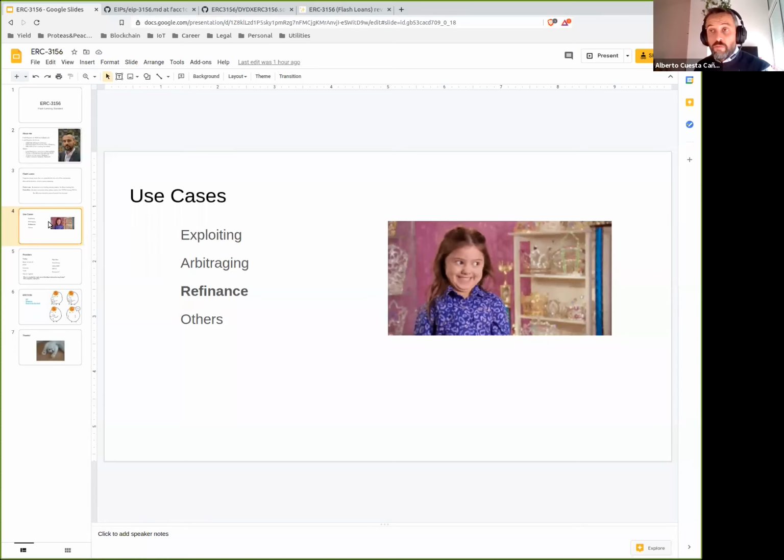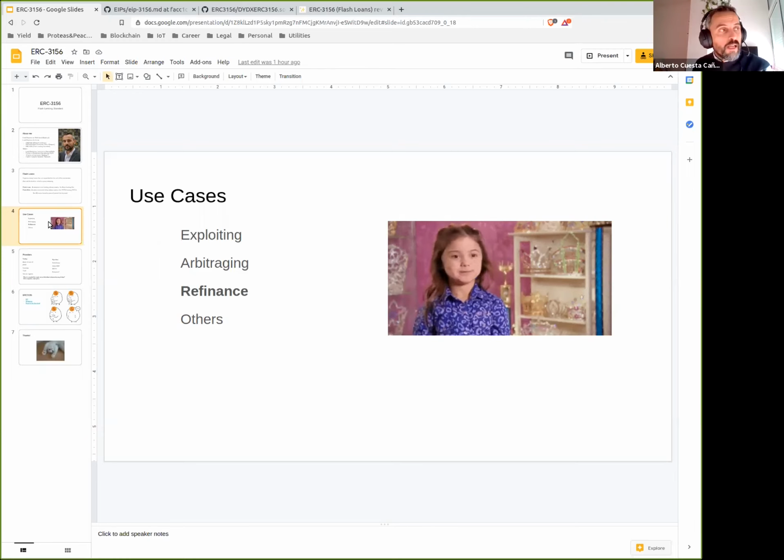And you find out that some other platform also lends DAI using Ether as a collateral, but it has a rate of 2%. So you think, I would prefer to have my Ether collateral in this other platform and my debt in this other platform, so I would be paying a 2% interest rate instead of a 5%. Imagine that it's just a mortgage. You took your mortgage with bank A and bank B offers you a better interest rate. You want to move it across. You cannot just take your Ether out of MakerDAO because first you need to repay your debt, and you don't have that money because you bought that Lamborghini.